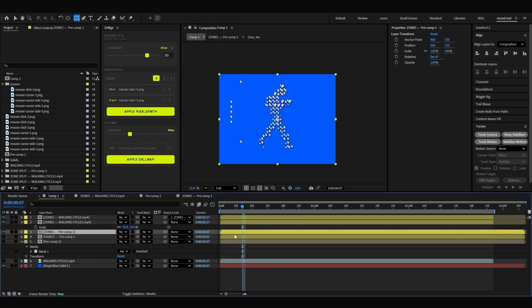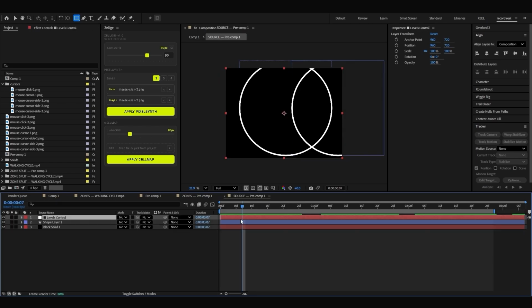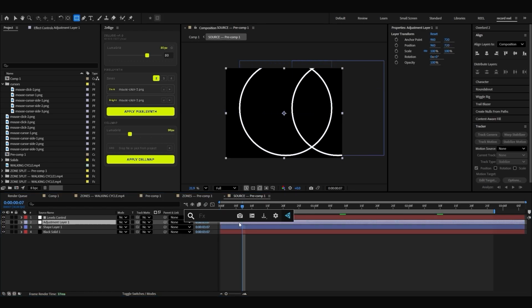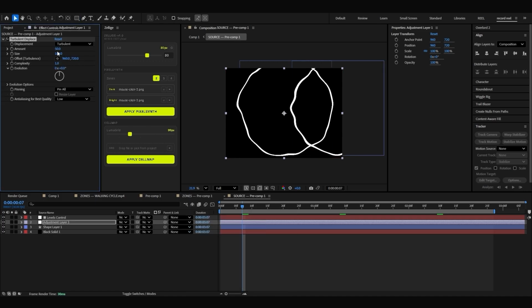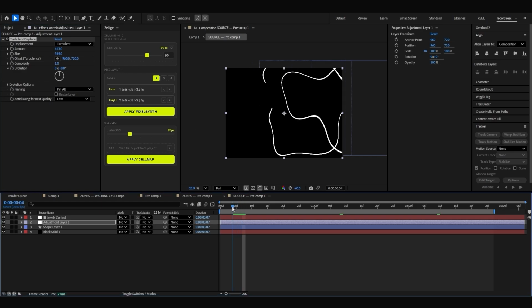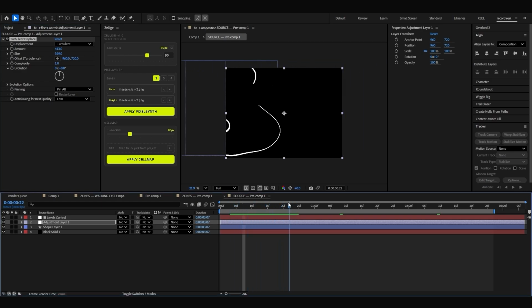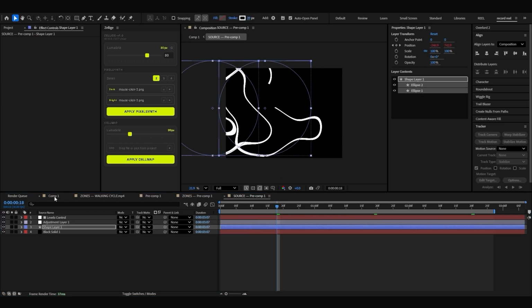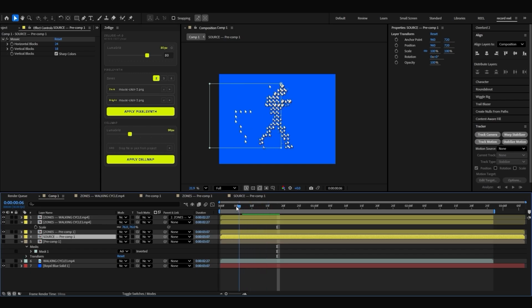So we're gonna go inside the source pre-comp, and we're gonna add the turbulent displacement. So we're gonna add an adjustment layer and apply a turbulent displacement. We're gonna increase the amount and size to something that looks more random. Maybe increase the stroke length. We're gonna check the comp,